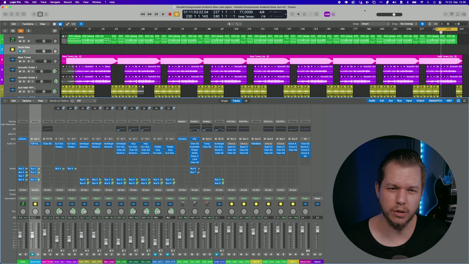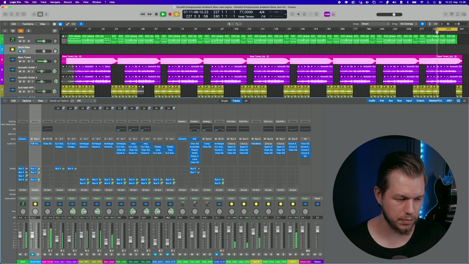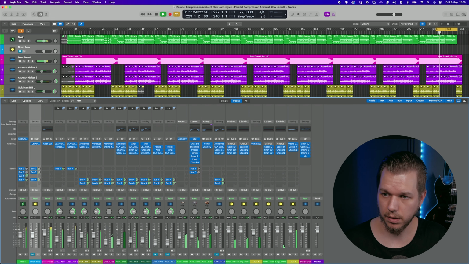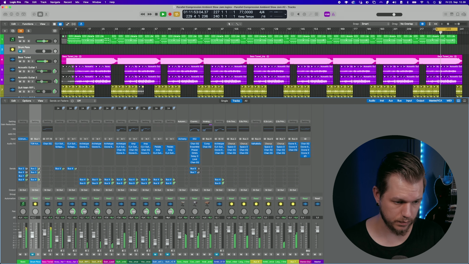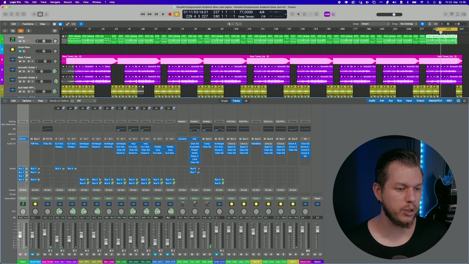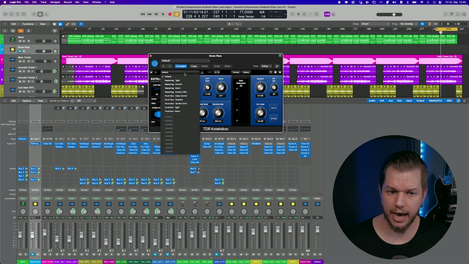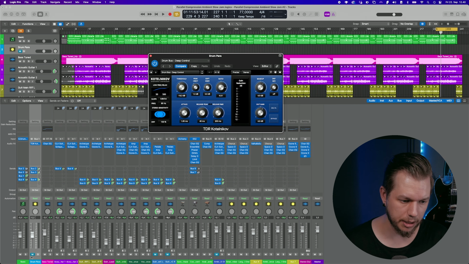And let's jump to something that's maybe a bit less over the top. This is called Ambient Slow Jam, something like that, one of my jam tracks again. And here's how it sounds without any parallel compression. As you can tell, the drums are pretty quiet here right now, but we're going to fix that with the parallel compression. Again, using the Kotelnikov. And for this one, I want to try out the deep control preset and start from that. And mute the track as well.